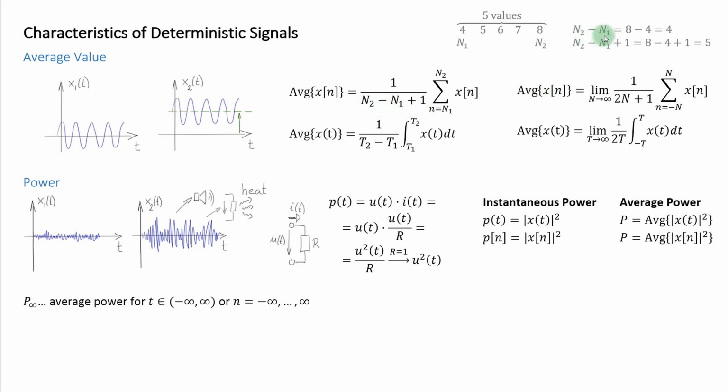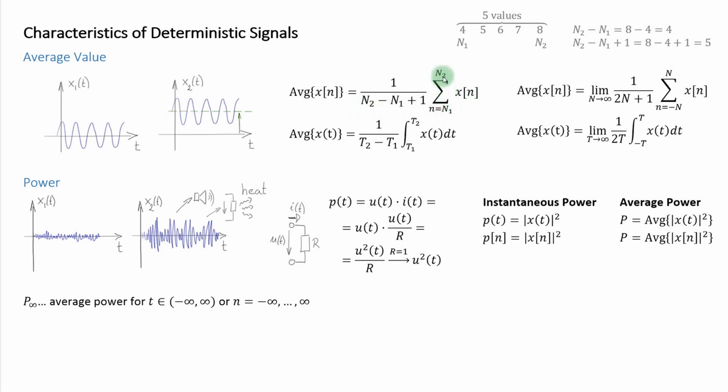Now let's see what happens if I just had n2 minus n1 here. n2 minus n1 here is 8 minus 4, which is 4. That is not 5, which I want to have here. When I want to do it correctly, I need to compute n2 minus n1 plus 1, which when you crunch the math will give you the required 5. So to compute the arithmetic mean properly here, I need to divide by n2 minus n1 plus 1. So this is how you compute the average value of a discrete signal in the interval from n1